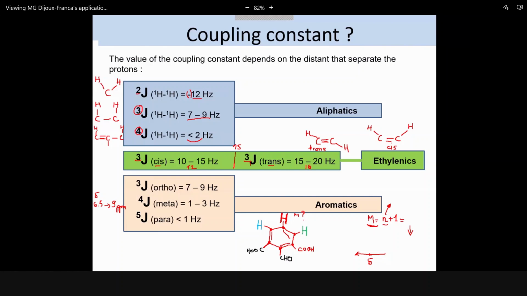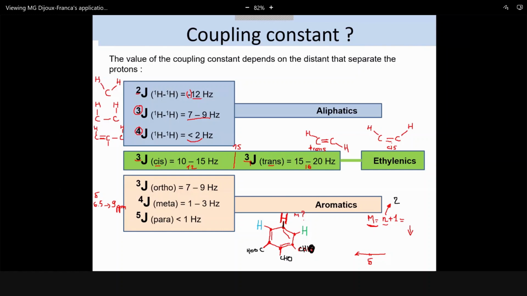So n will equal 2, and then we'll have a triplet signal. Let me just change this. We will talk about that later. So, okay, we have 2 protons, but what is important to see also here, so n equal 2, is that